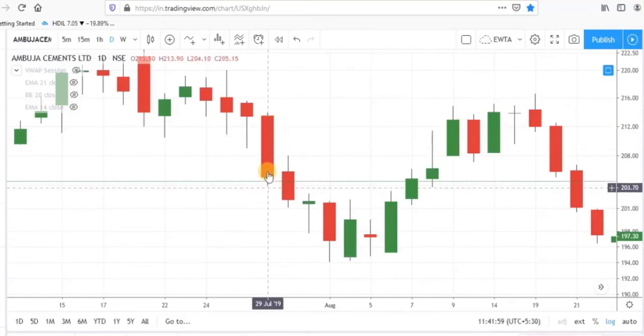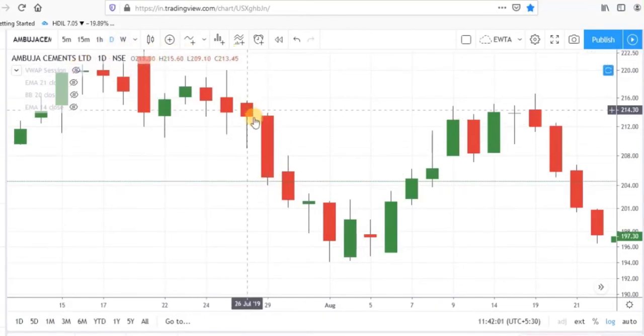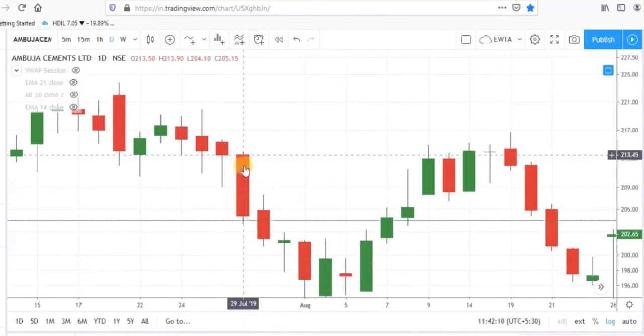So for every candle here we are getting the data of that candle. Suppose I'm choosing this candle. So this is the red candle. This is opening price. This is closing price, because in a red candle, closing price is always below the opening price, and these are the shadows. This is upper wick and this is lower wick. So this is the high of this candle and this is the low of this candle.